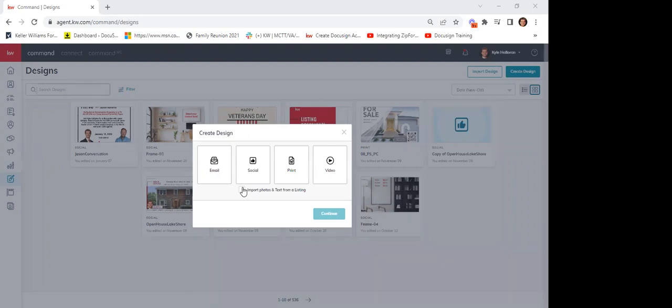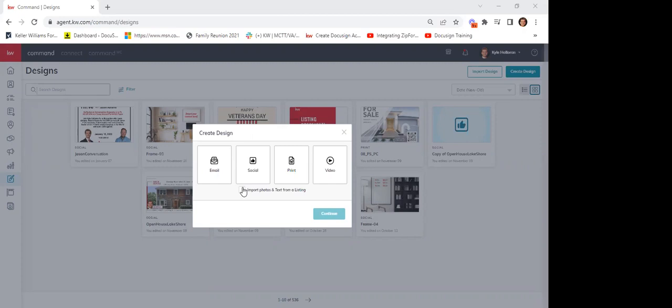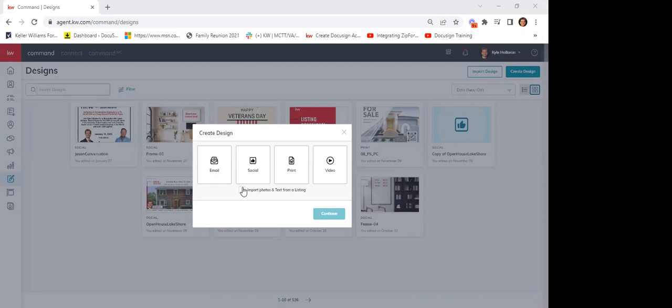Kyle, I would say one thing to watch out for is that it does make the MLS imprint at the bottom. Yep. So when you're pulling it over to a flyer, you have to kind of crop the pictures. Perfect. So Stacey, when we get there, bring that up, right? We'll show people how we crop the picture.